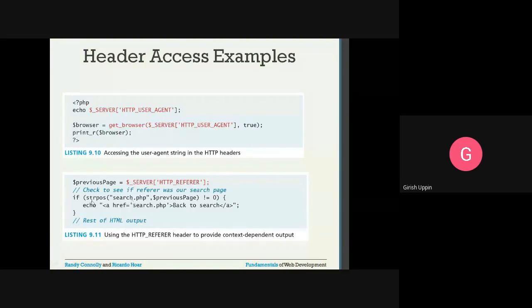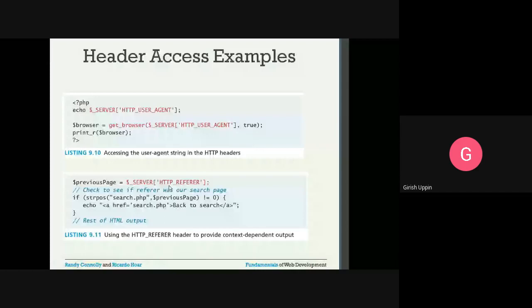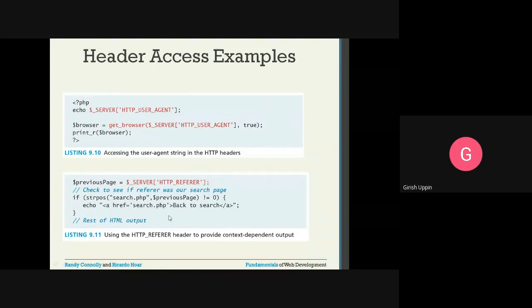So if this referrer is available in search.php, then it will provide a location which will not be zero. So some non-zero value will be returned, so this condition becomes true. Let us say 7, you get 7 not equal to 0, it is true. Then you are echoing on that particular page the link back to the search page, because it is coming from our own search page. The referrer is our search.php, so you are referring back as a link.